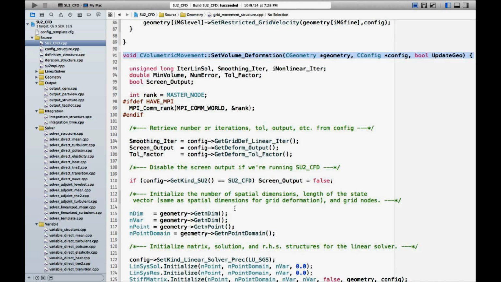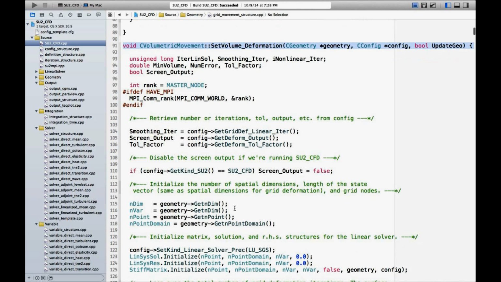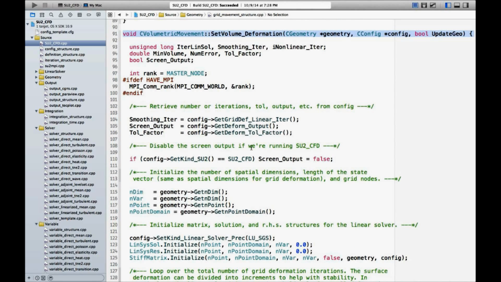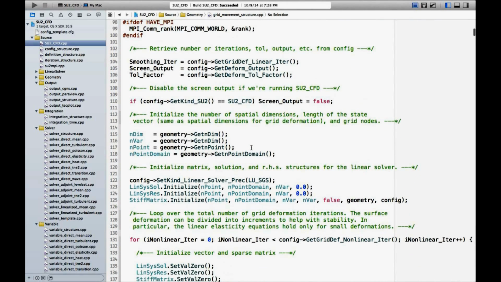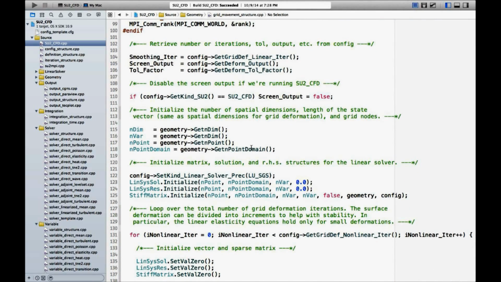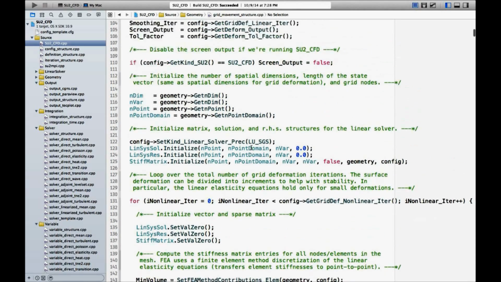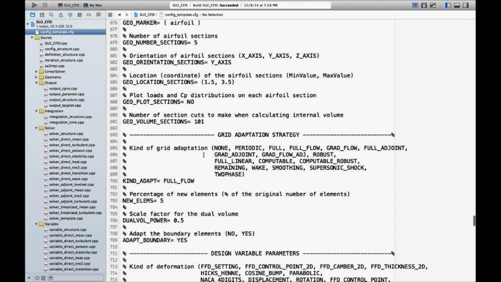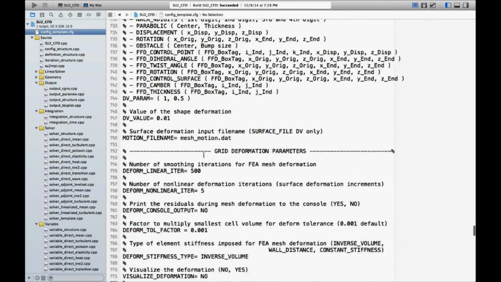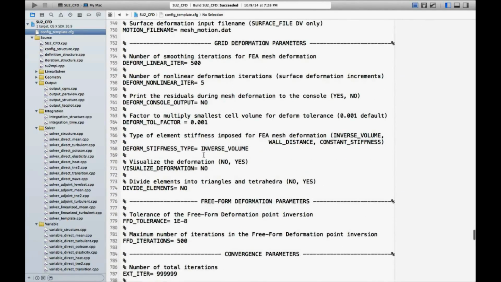And the parameters for those are specified in the config. I'll show you those in a minute. But basically, in here, we're solving the linear elasticity problem. So you can take a look at here if you actually want to see how that problem is being solved. But the parameters you'll specify for that are in the config, and so that'll be grid deformation parameters. Similar to the main solver, you just specify how many steps you want to use, what tolerance you have, and